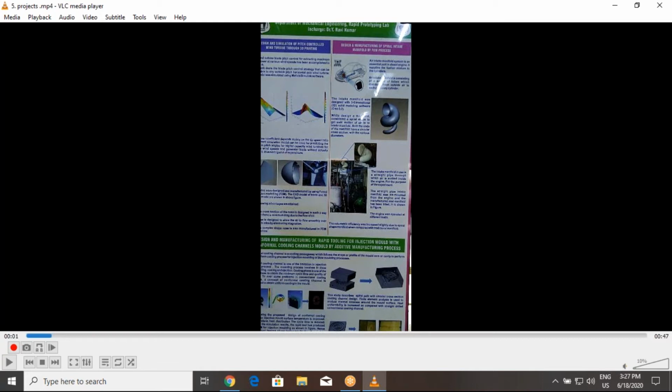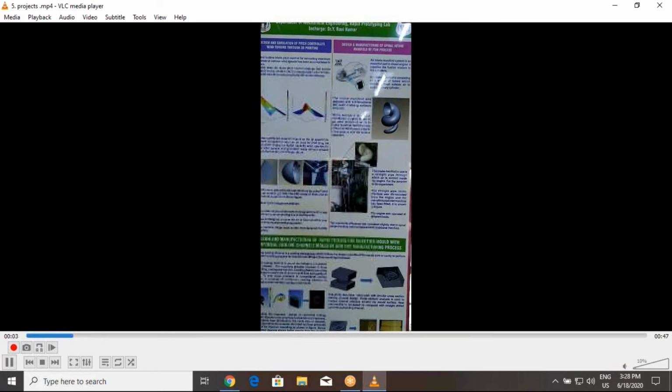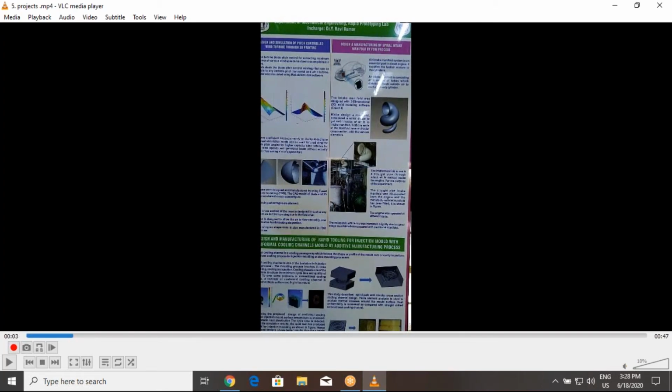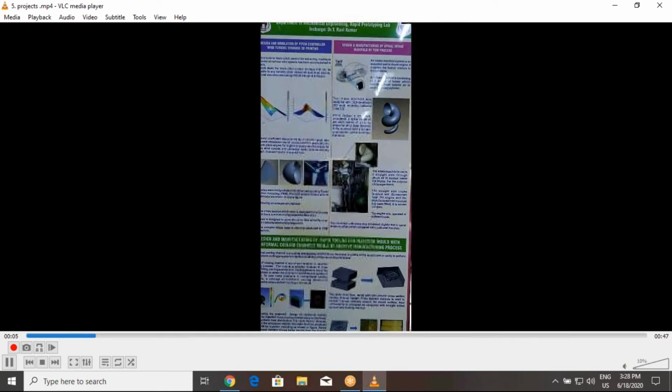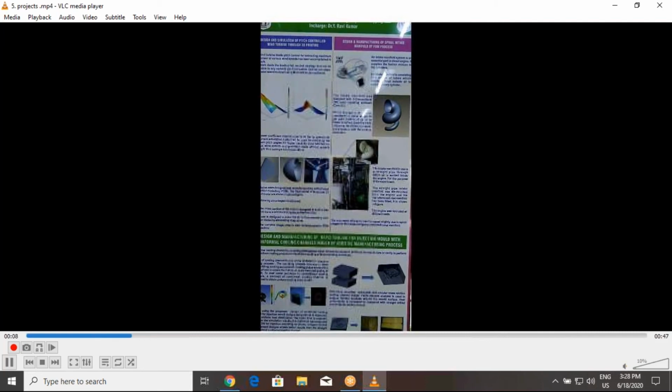They are very difficult to fabricate by conventional processes, so they were fabricated using rapid prototyping with such complex shapes, using the DMLS or DMP process. The conformal cooling channel improves the cooling time and gives good products. This work was done by one of the PhD scholars under Ravi Kumar sir.